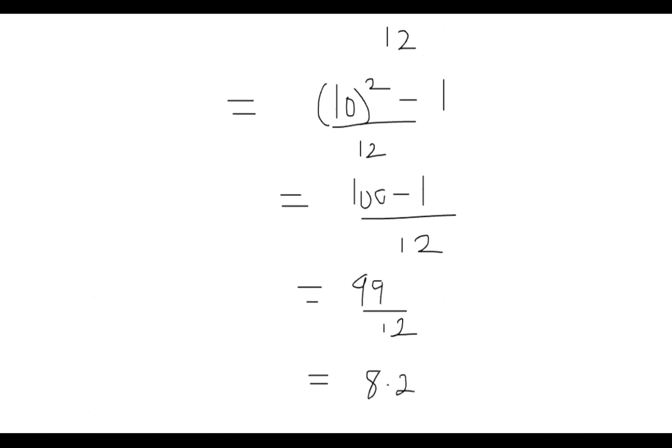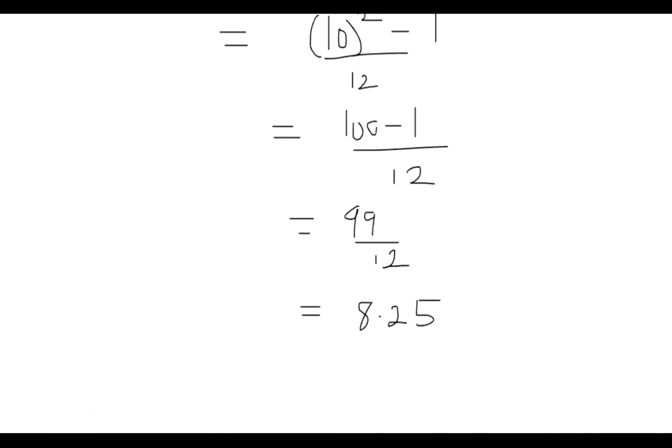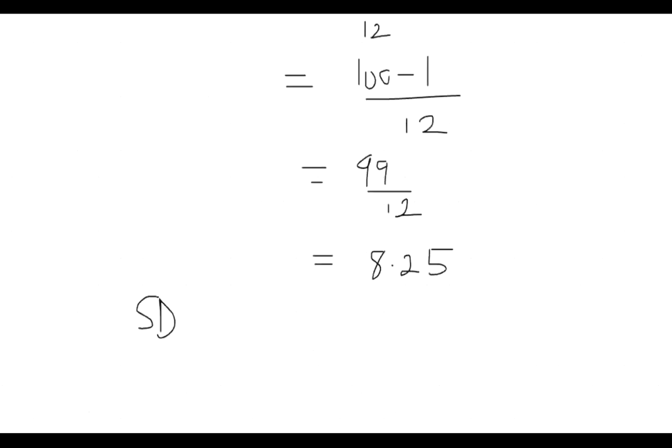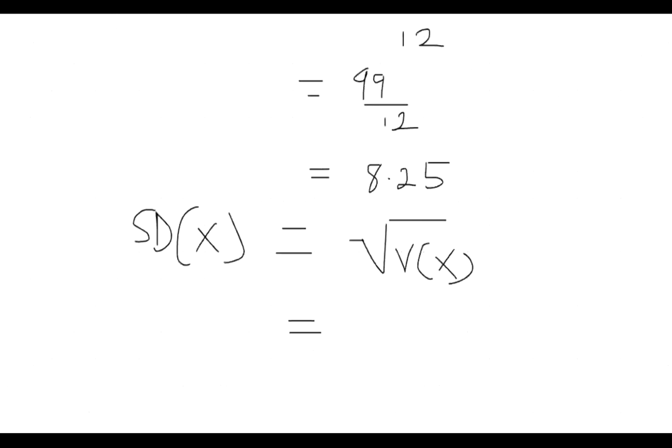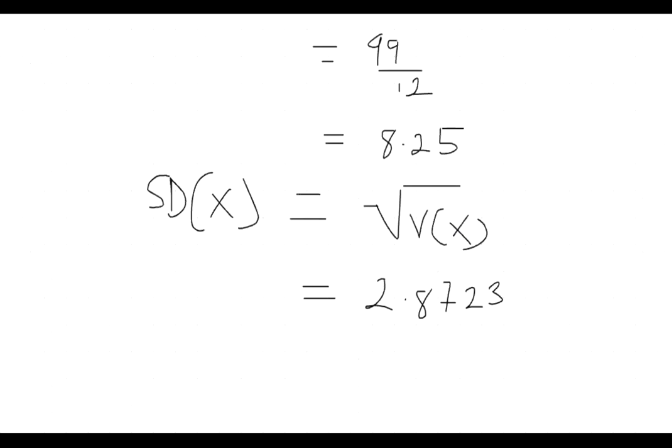All right. Now if I ask you to find the standard deviation, the simple thing, the standard deviation of X, that was not in the question, but in case you are asked to look for that, it will be the square root of the variance of X. And that will become the square root of 8.25, that should be 2.873. Okay, so that's it. Now we're done with that. If you were asked to find E,